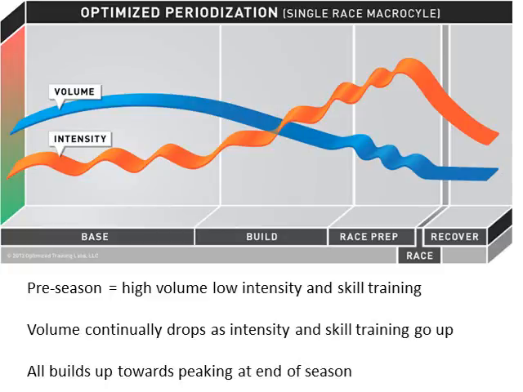So the main part that you need to understand about periodization is that the early preseason work you see over here is all about building a baseline level of fitness and strength. So we have high volume and low intensity during that time period. That goes with the preseason: high volume, low intensity, low skill training. Then as time goes on throughout the season, volume, the total amount of exercise you're doing, goes down, and intensity as well as skill training goes up.